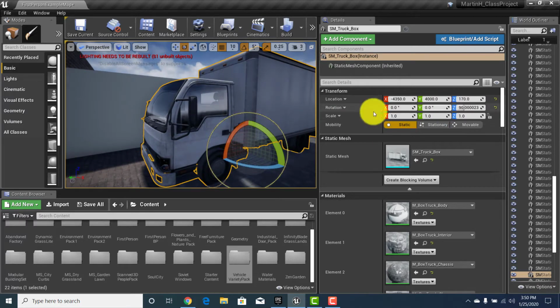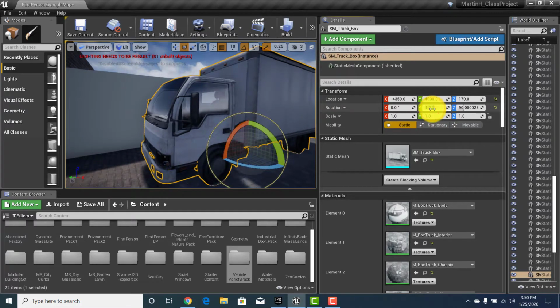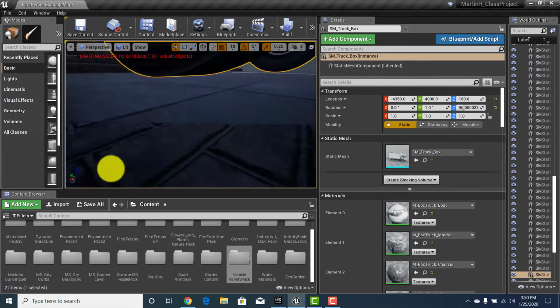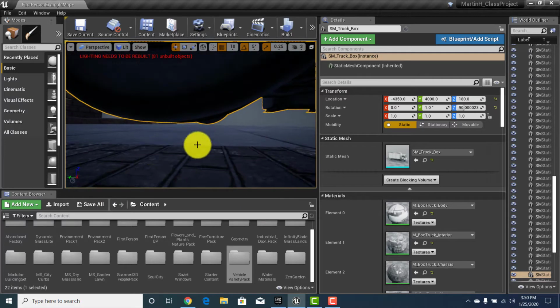So with it selected, I'm going to go into its rotation. Let's go 1 degree up. Once we have the 1 degree up, I'm going to grab it and move it up high, and then make sure that it is actually contacting the ground, which it is not. So let's bring this back to